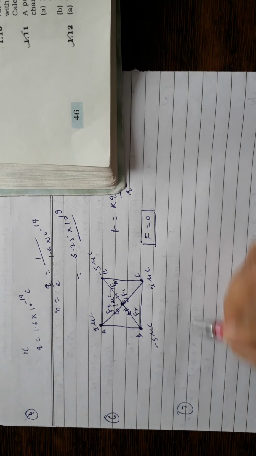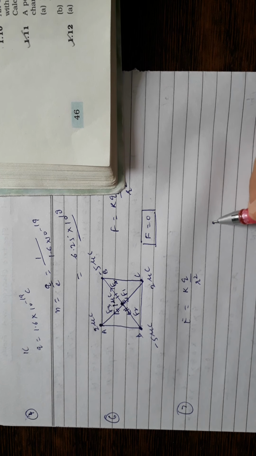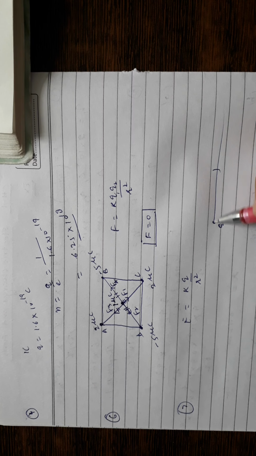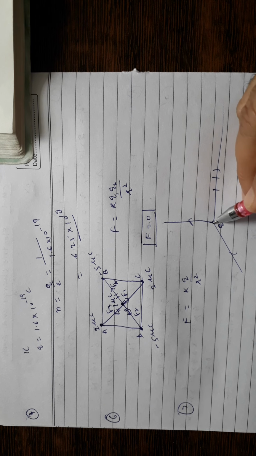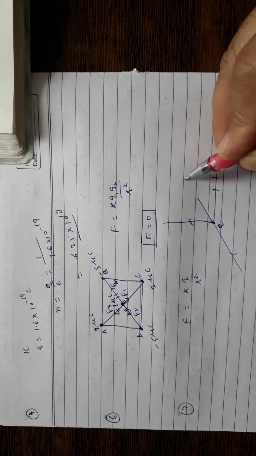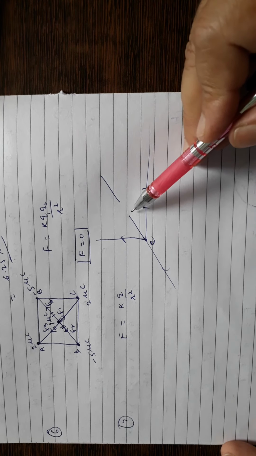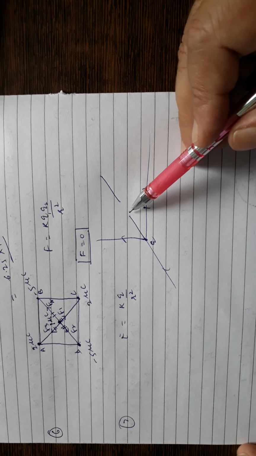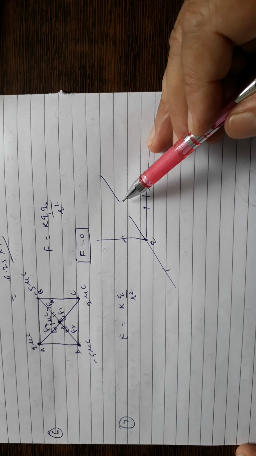You know the formula for electric field. If I ask you the formula of electric field, E is equal to KQ by R square. So if I place one charge Q here, its electric field extends up to infinity. There is no sudden break. It will not be like this, that you draw a line here, a break comes, then you draw again here. We will simply write in the answer, if there is a sudden break, it means absence of electric field, which is not possible. Electric field of a charge extends up to infinity.